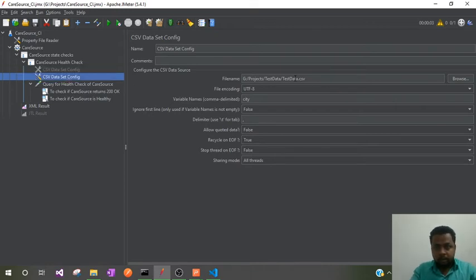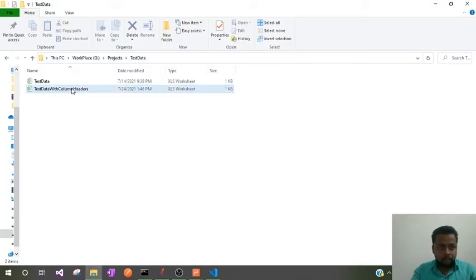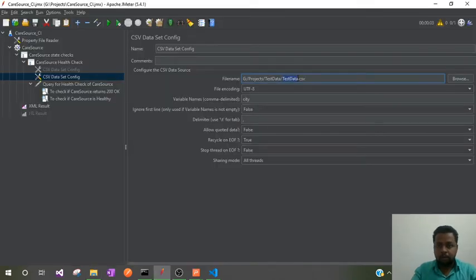So in the second one I will just provide the file name here. For that, copy this file name. The path remains the same, only the file name we need to change. Ctrl V. So this is the file name I have provided. As we all know, this CSV file contains two columns, one is city and another one is state. So in order to fetch the data from such CSV files, no need to give this variable name. Just delete this, press Ctrl S. This change will be saved.